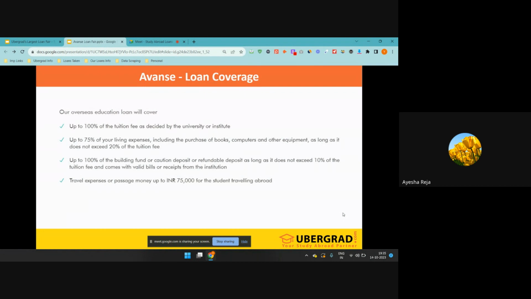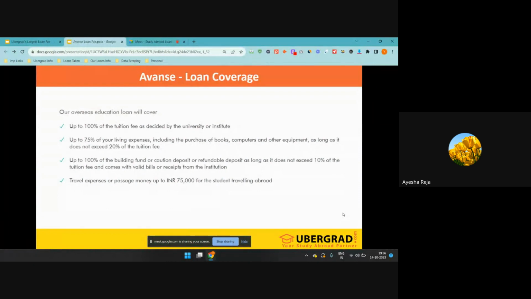Maximum for USA, whatever the amount is there in your I-20, we will disburse that, okay. As well as we will give the living expenses to the student. So one year living expenses we will do. And one more thing I want to highlight here. Suppose for USA, you can take any university, and a 40 lakh loan amount is sanctioned, but you have taken only 20 lakhs disbursed into your account. So you need to pay the EMI only for the 20 lakhs, not for the other 20 lakhs.